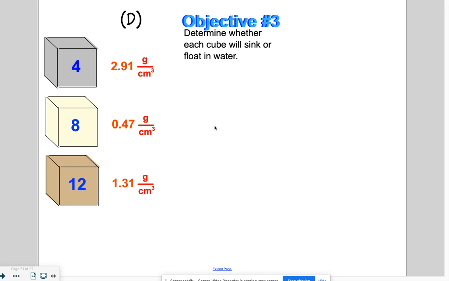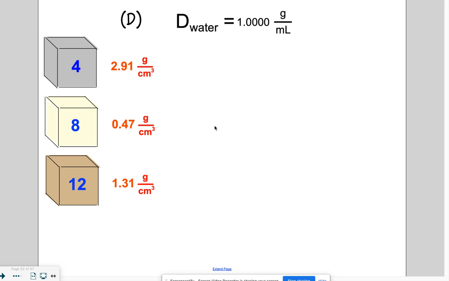Now we're moving on to objective number 3. And this is where we're going to determine whether or not each cube will sink or float in water. So that means we have to go back and remember what the density of water is. And there it is, 1.0000 grams per milliliter. Well, here's something a little, I don't know if you want to call it a fun fact or just something that you have to be mindful of. This can be a little confusing for students because